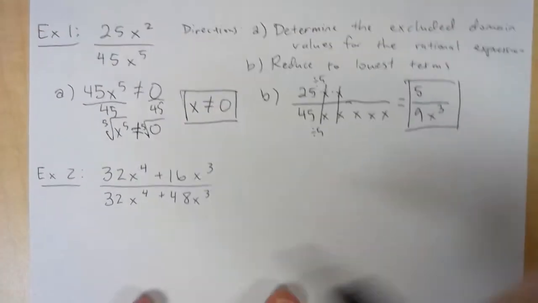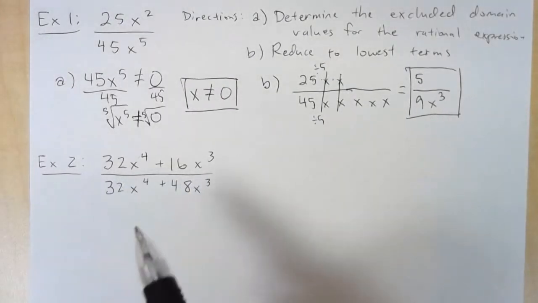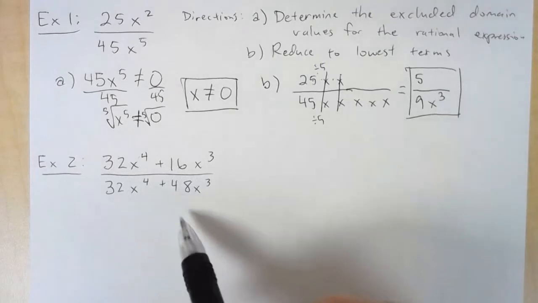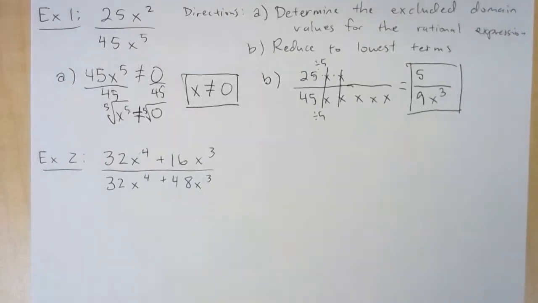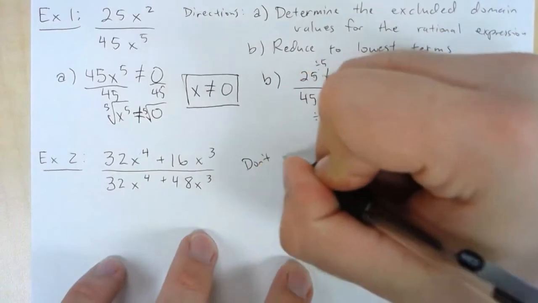One of the ways, so this is example 2, 32x to the 4th plus 16x to the 3rd divided by 32x to the 4th plus 48x to the 3rd. Don't forget that one of our methods of factoring is with GCF. So we're going to practice factoring this one by GCF, and that's one of our ways. So don't forget